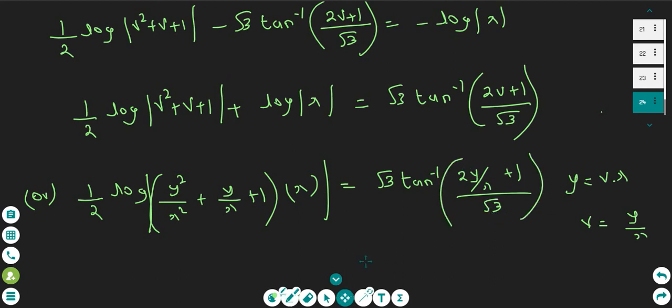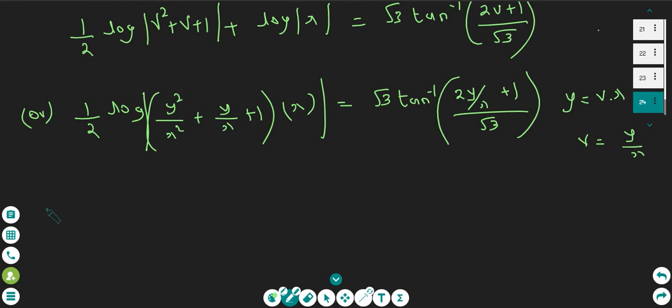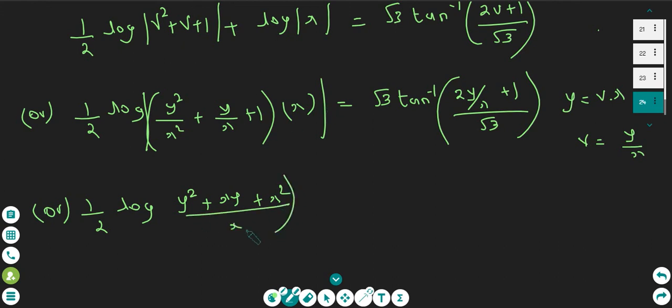We can simplify further, or half log, so the common denominator is x squared, y squared plus xy plus x squared, denominator is x squared, and this will get divided by x whole mod equal to root 3 times,